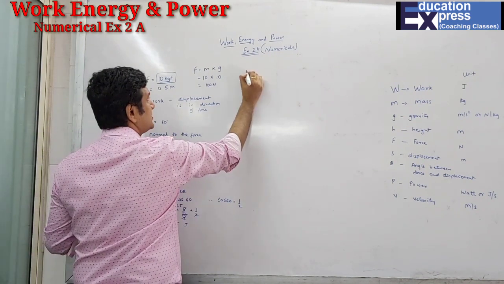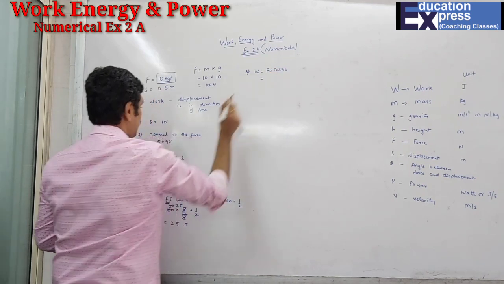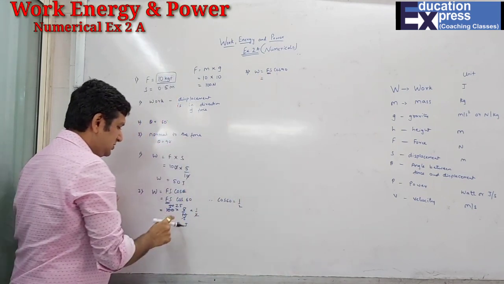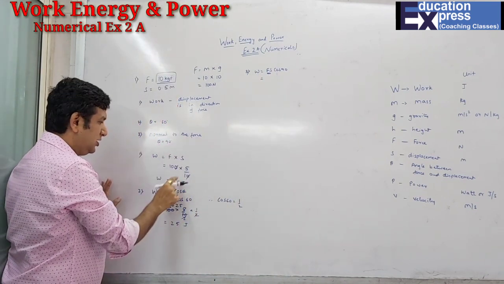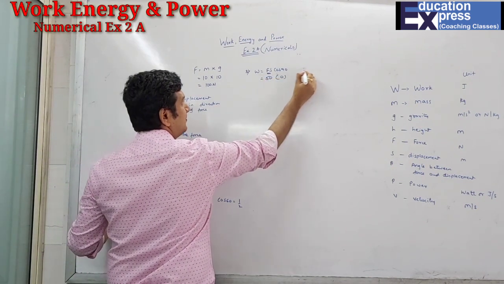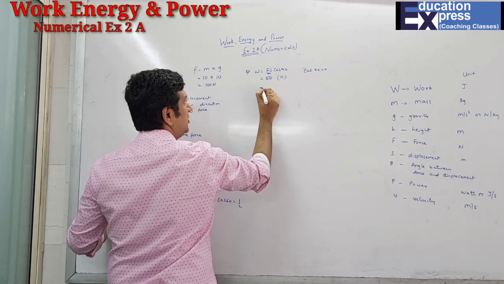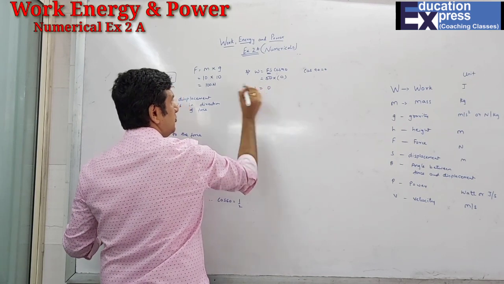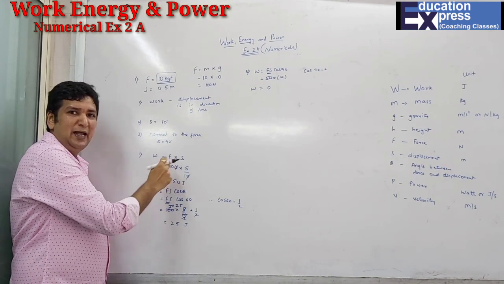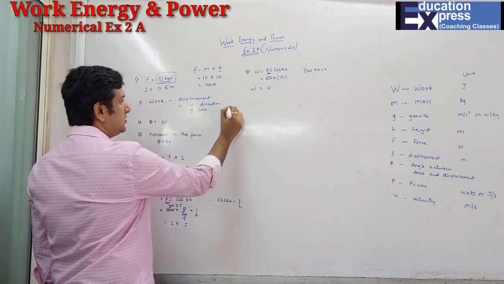And last is Fs cos 90, because it is normal to the force. So Fs, again the same thing students, here also we found Fs. The value of Fs was 50 and cos 90 is 0. So anything into 0 is 0. So the work done is 0. So we have done all the three cases. In the first case the displacement was in the direction of force, then there was an angle of 60, and then the angle of 90. Now the second part, second question.